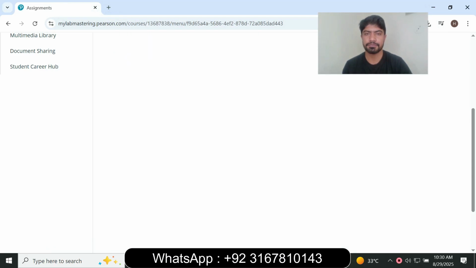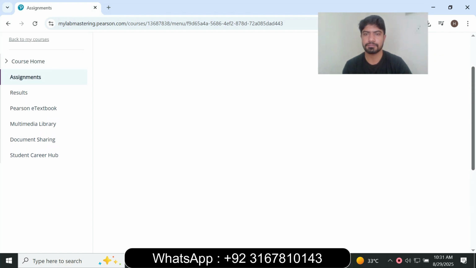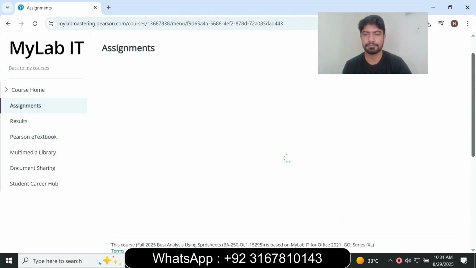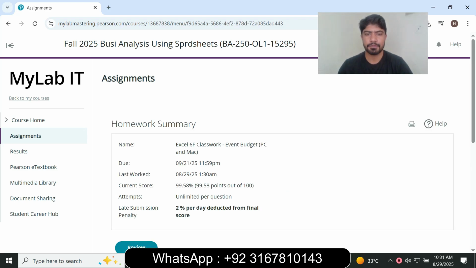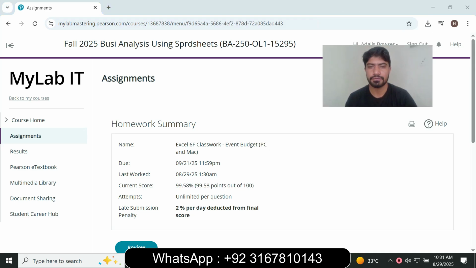Click the continue. So check the current score. Excel 6F classwork event budget, current score is 99%. So you can see the score, current score is